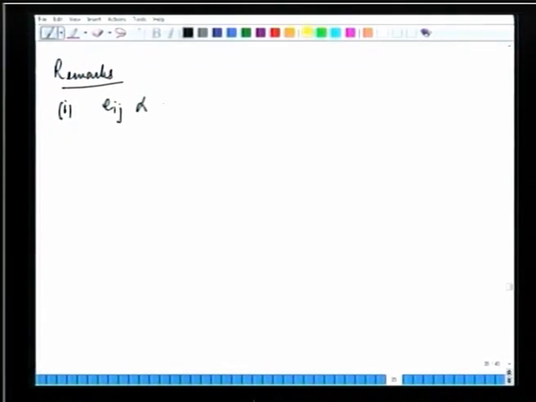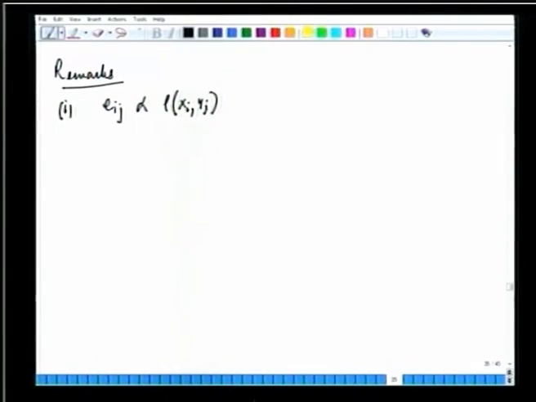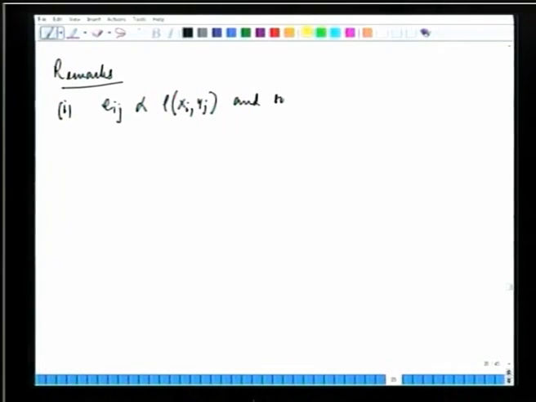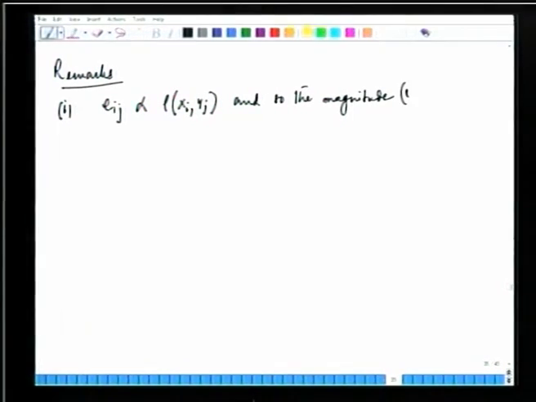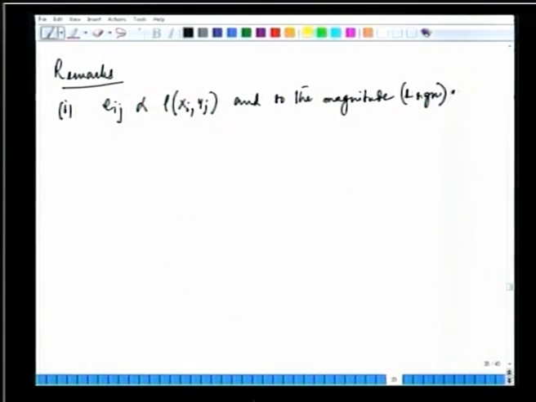This is proportional to the correlation coefficient between xi and yj, and so the magnitude of Eij and sign also of Eij indicate how important is xi to yj, and this helps